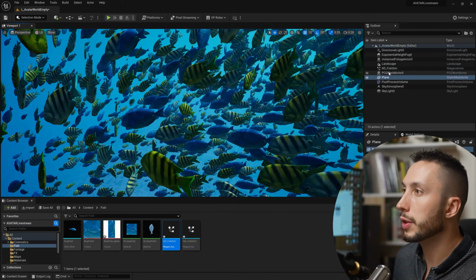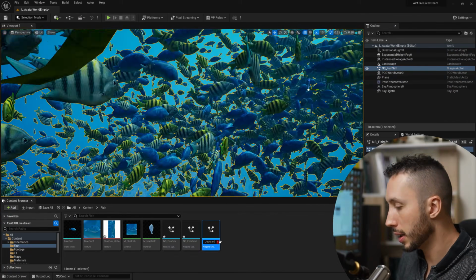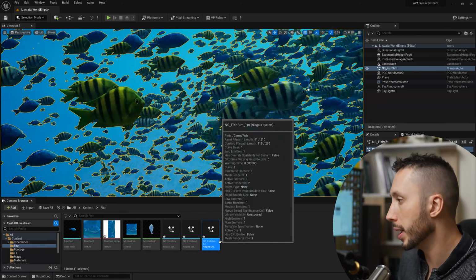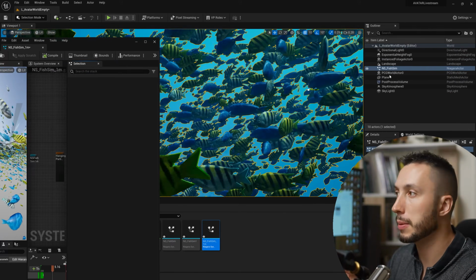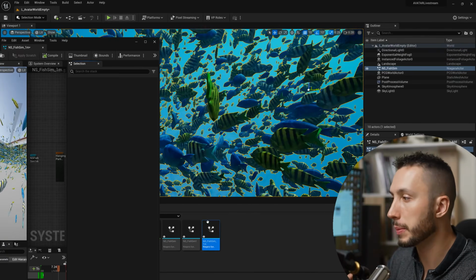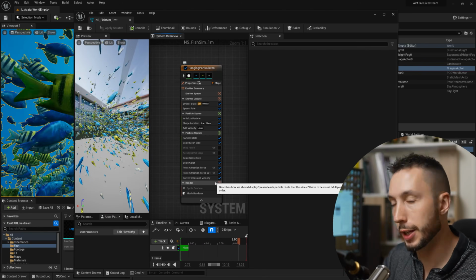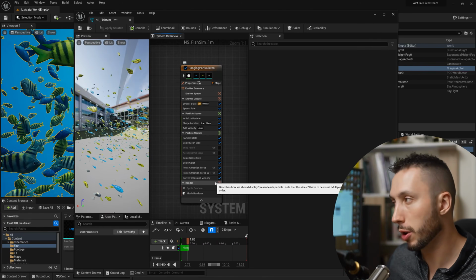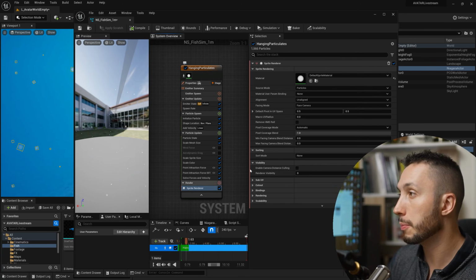So jumping back over here, I'm going to duplicate the simulation that we made here, and I'm going to call this 1M. I'm going to open that up, and I will go ahead and replace the fish simulation that we've already added into our environment here. And my idea here is that we can take a sprite version of the fish so that we can simulate much more of them. So I'm going to go ahead and delete this mesh render, open up my sprite renderer